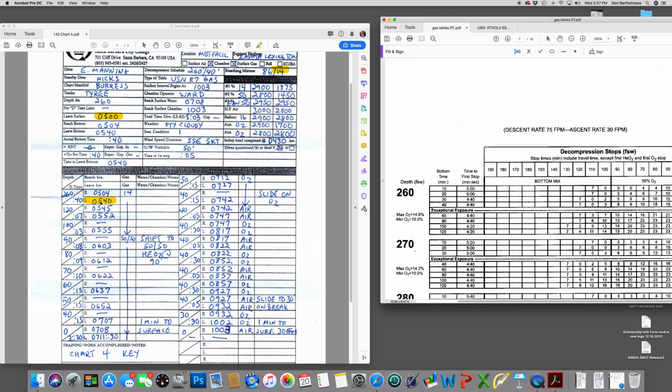Leaving 260 at 540, coming to 120. That's 140 lineal feet or 280 seconds. That's going to take us to a rounded up number, reaching 120 feet as far as decompression time starts at 545. Add 7 minutes to that, 552. We leave 120. We're already counting down on our next stop at 100 feet for 3 minutes, which means we leave there at 555. We come up to our next stop,